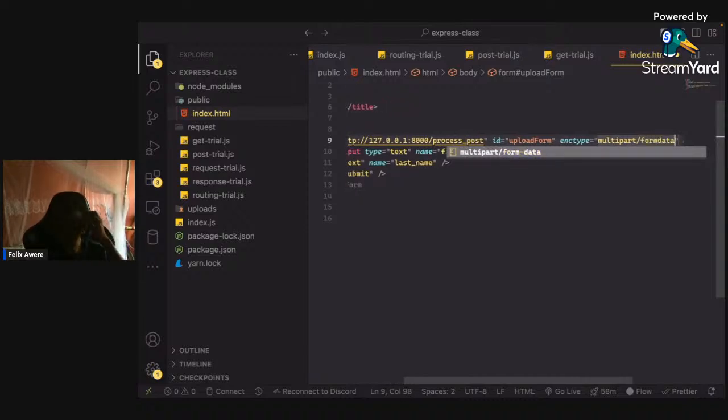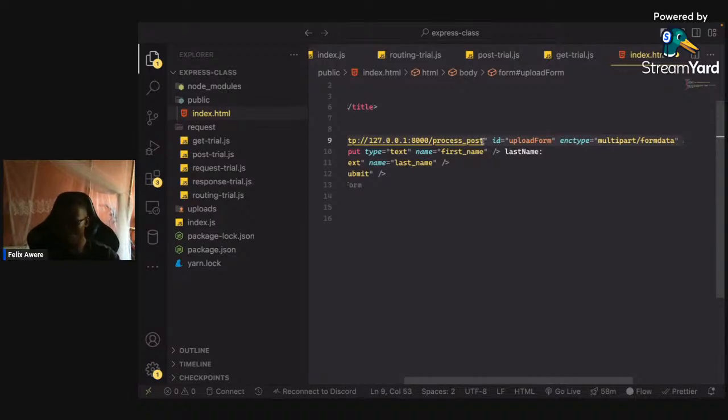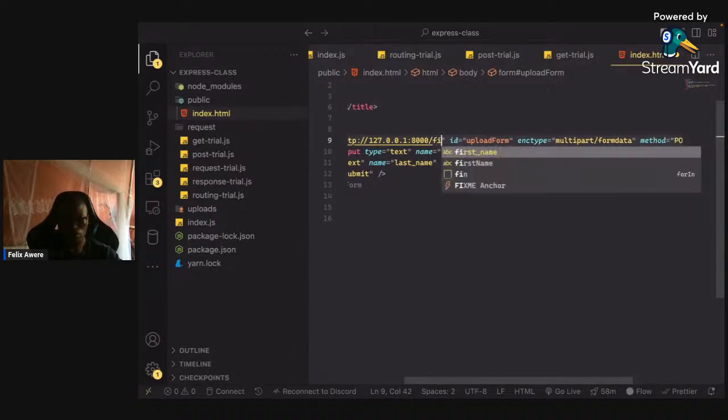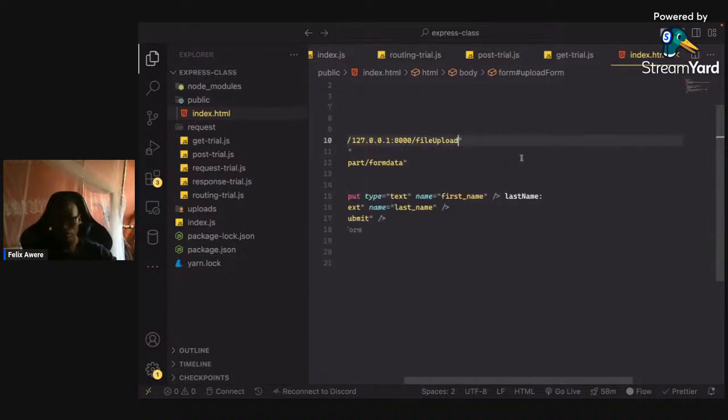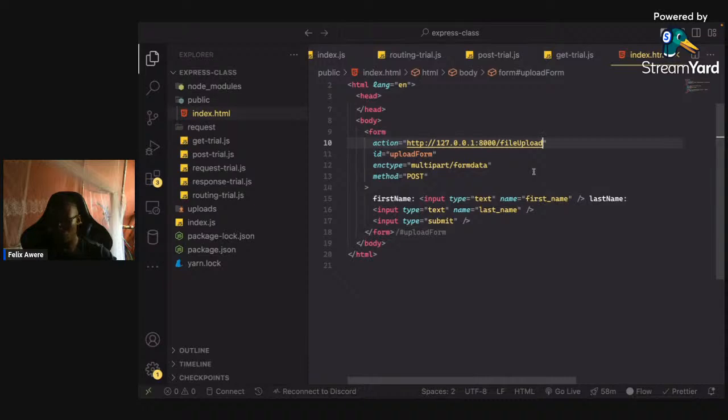Then the action, where it is going, let me just do this one: file upload. Like that. So once you have everything set up,